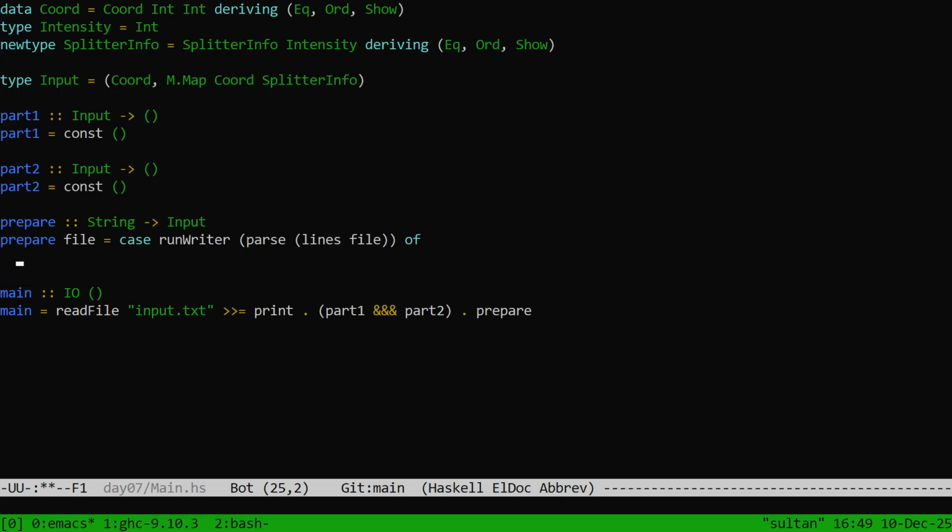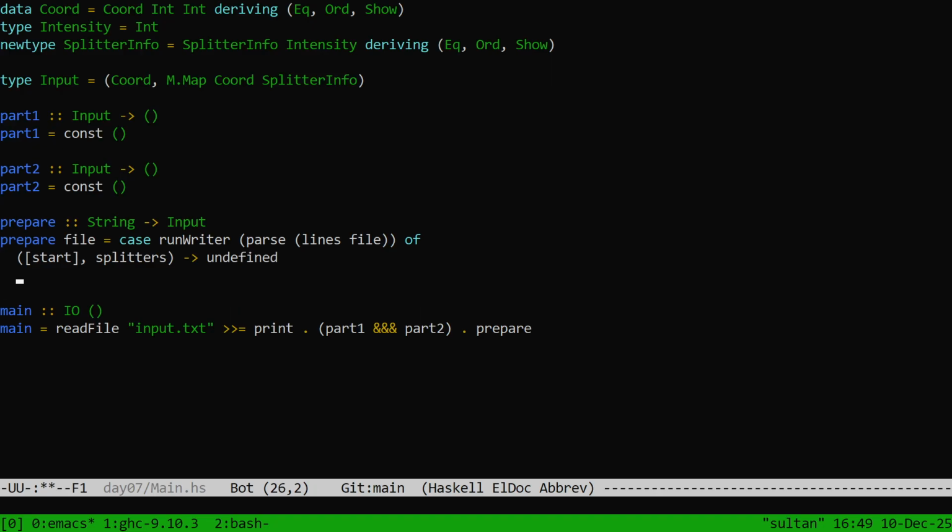If we get a single start position and some splitters, we do something. Let's put a typed hole there, I guess, instead of undefined. And otherwise,